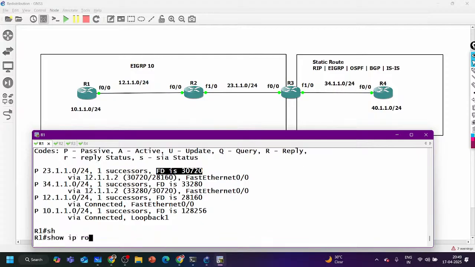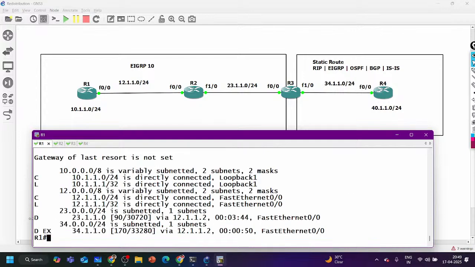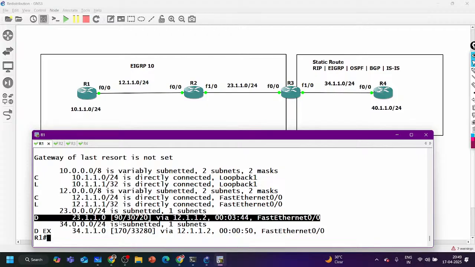So in the IP route, it will see, okay, you are redistributing connected, and 23.1.1.0 is my connected network over here. So whatever bandwidth, delay, load, reliability or MTU is there on the connected interface will be used for metric calculation.